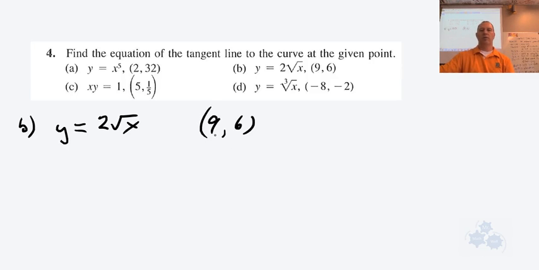Well, aren't they just wonderful to us? They give us both the x and the y value. They could have just given us the x value, in which case we would have had to plug the x value in there to find the partner y value, but they give that to us. So the equation of the